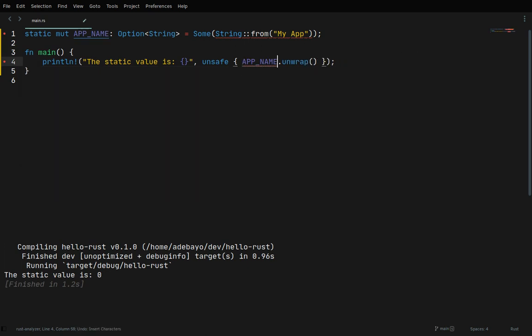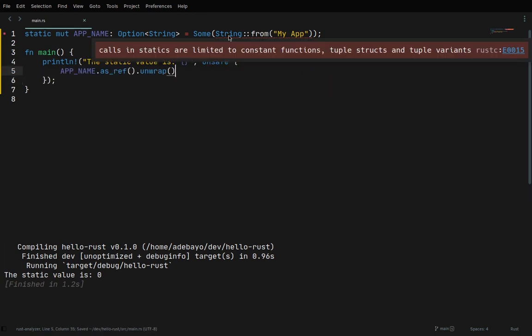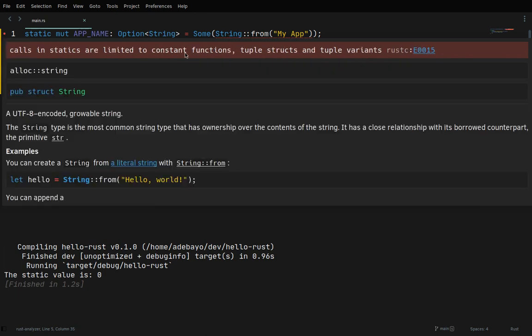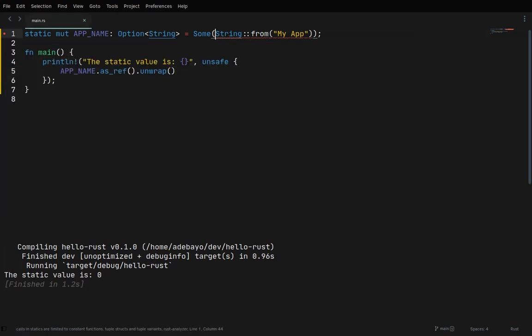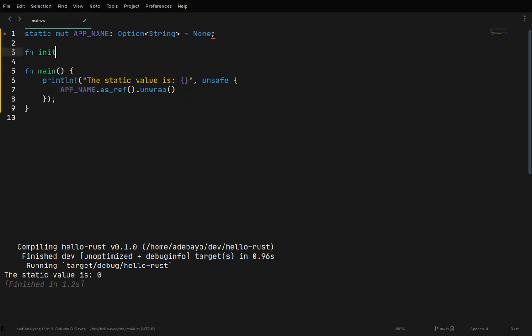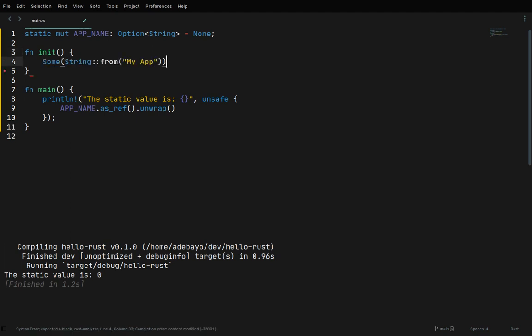Okay, I'm going to say as ref to make sure that I don't move out of that. But this is still an error because it says calls and statics are not limited to blah blah blah. So I cannot do that. So what I can do here is set this as none, then possibly have an init function that allows me to